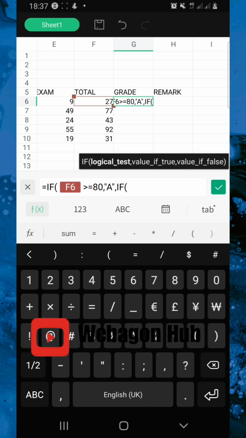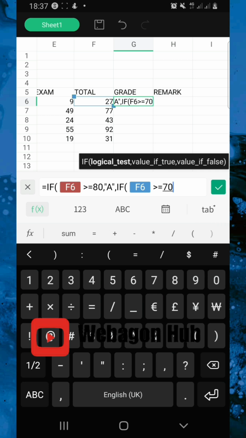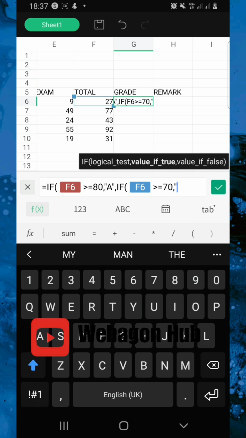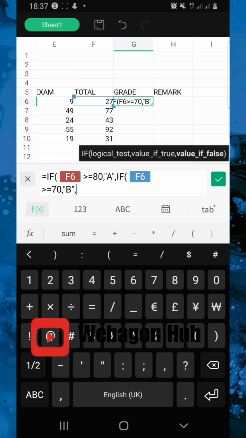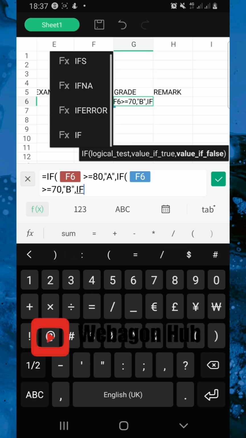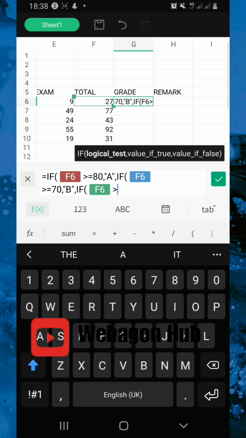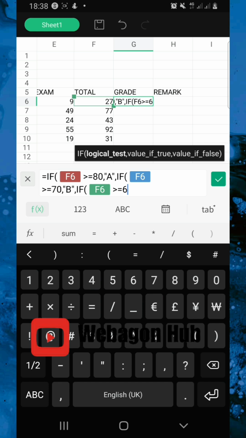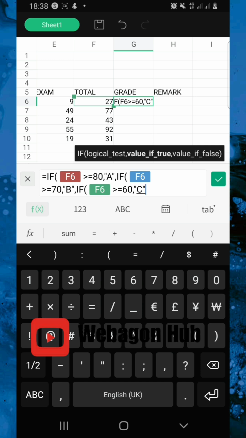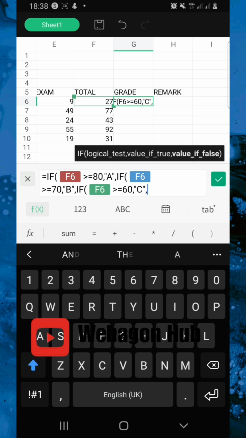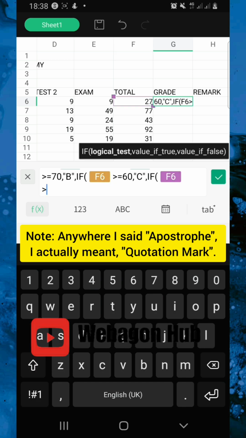bracket open, the same total greater than or equals to 70, comma, quotation mark, a minus or maybe b, let me just say b, okay, quotation mark close, comma, then if brackets open, the same total greater than or equals to, let me just say 60, comma, apostrophe, then a c, apostrophe close, okay, comma, if brackets open, so the same total greater than or equals to